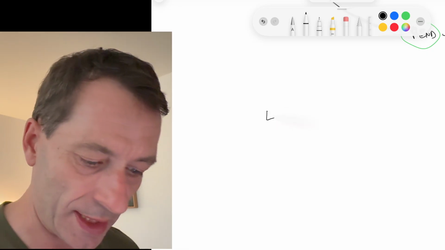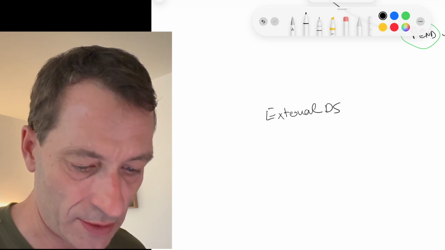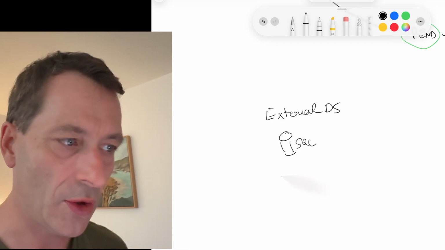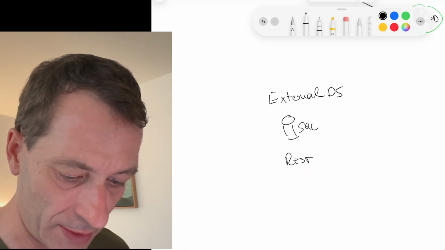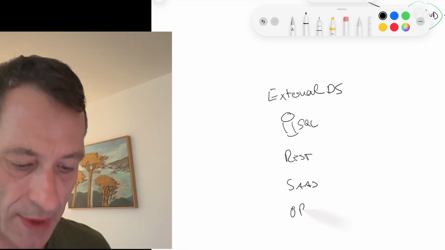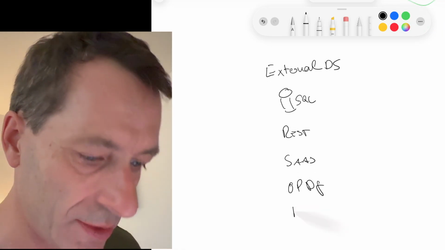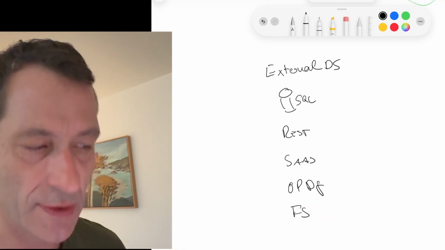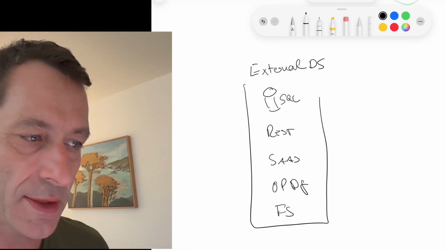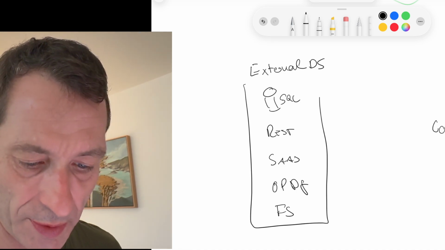Then we start with external data sources. That could be something like our famous SQL Server, or something like REST, or those applications, or something like an on-premise data gateway, or you name it, file storage. We will have file storage later in the demonstration, so let's draw file storage here. So different data sources, and from all these data sources, typically you have the copy data activity, copy data